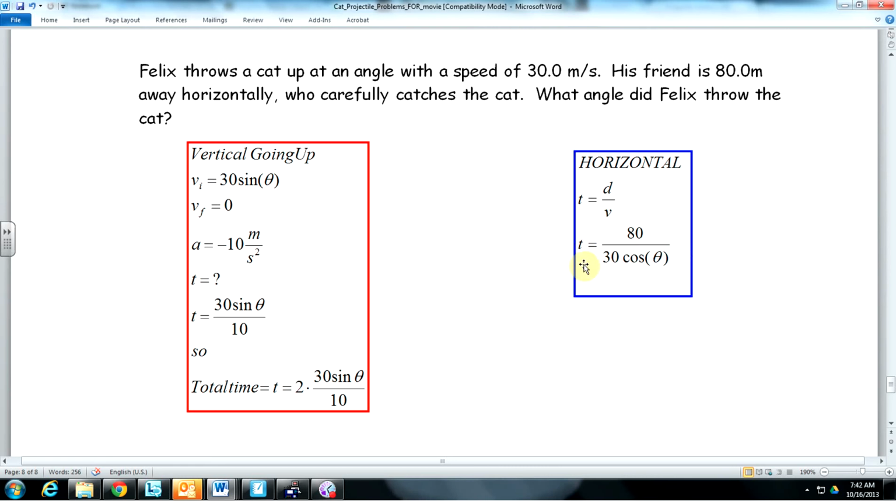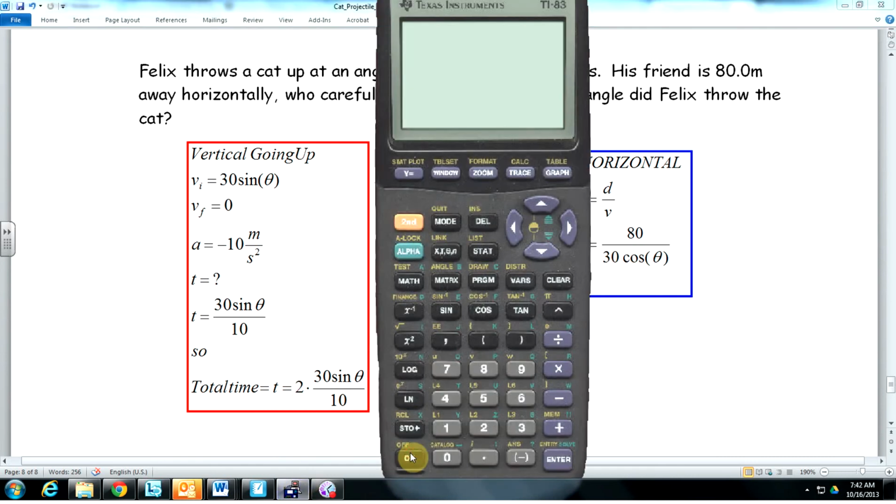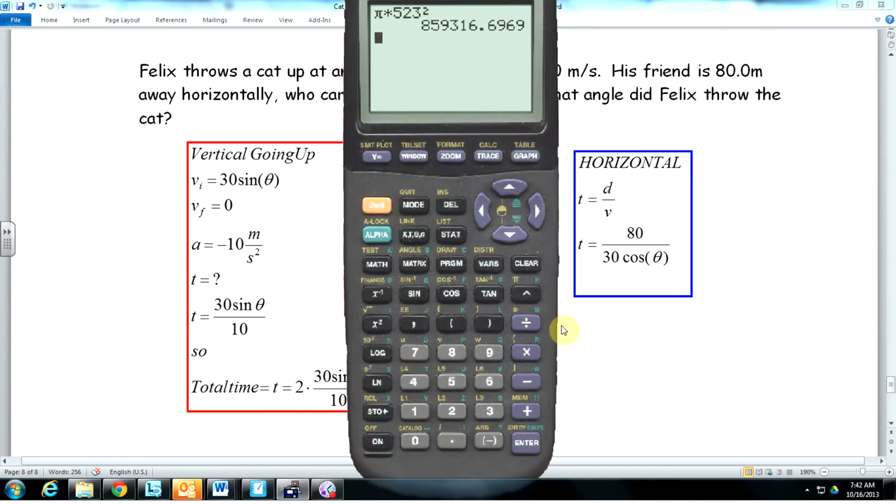Now the time's the same. The time that it moves horizontally and the total time that we had in the air vertically are equal to each other. So what we're going to do here is, in a calculator, we can go ahead and